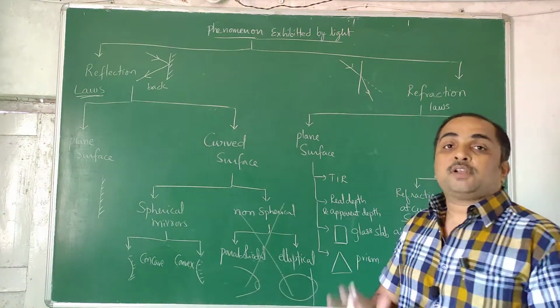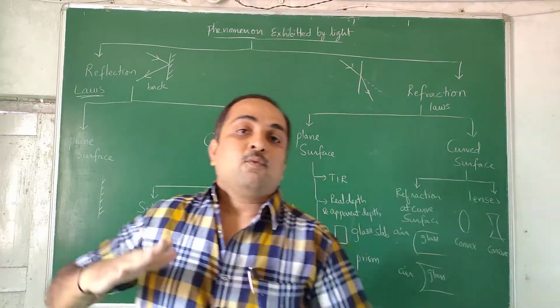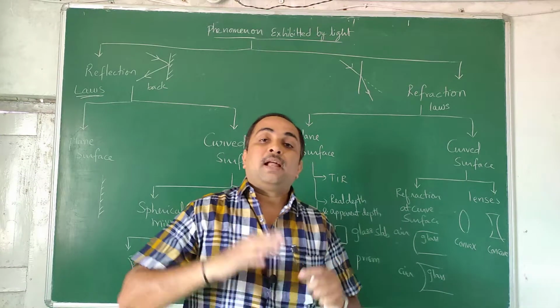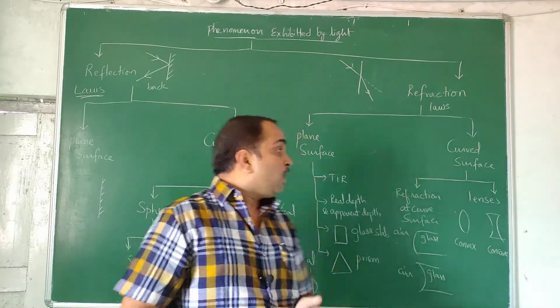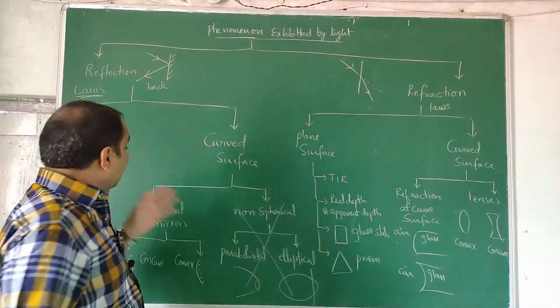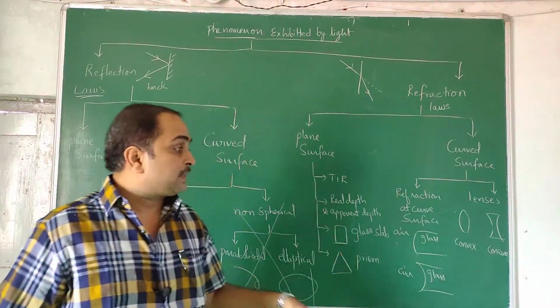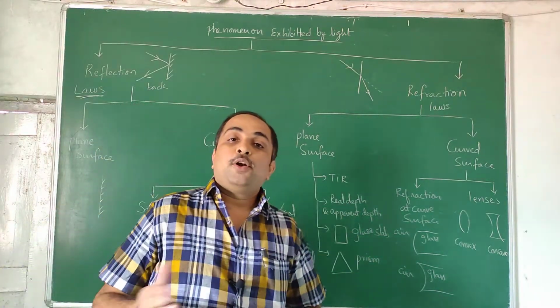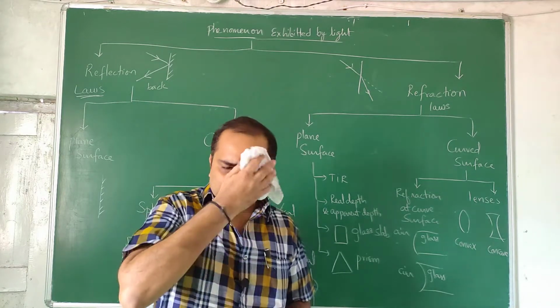So overall structure of the chapter is like this. Ray optics deals with light in form of rays. One ray will be given to us as a target, and you should be able to tell what's going to happen when they give an optical element. What is an optical element? Anything which reflects or refracts light, like a mirror, lens, spherical mirror, concave mirror, convex mirror, glass slab, prism. All these things are going to disturb your light ray in its straight line path and make them get inclined.